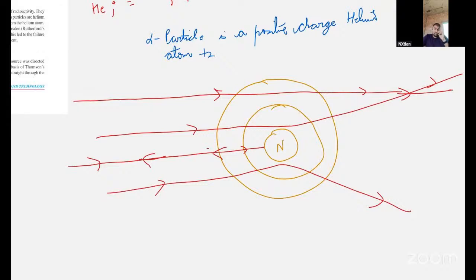Second, he says, see, now I told you this is a positively charged particle. Just now I told you that the alpha particle is positively charged, and when the alpha particle goes near the nucleus, it gets deviated. It means that the nucleus also has a positive charge. That's why it is getting deviation. If the nucleus had a negative charge, then it wouldn't deviate. Like positive repels positive, like the north pole repels the north pole in a magnet. In the same way, positive and positive repel. So he concluded that the mass